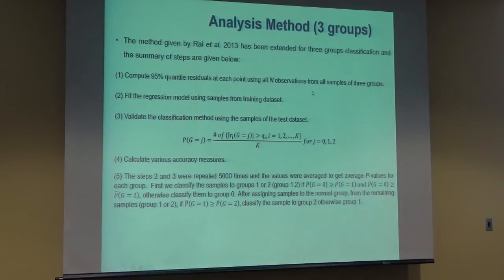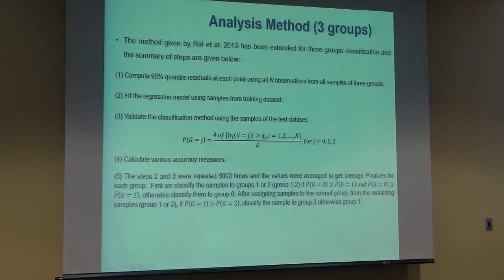So based on the 3 groups, we just modified. The rule here is we have j equal to 0, 1, 2. So we expanded to the 3 groups. Similar model you fit there, and then you do it for 0, 1, 2. But to do 0, 1, 2, first we classify samples to groups 1 or 2. So we are more interested in 0 versus 1 or 2. If this one is greater than this and this one is greater than this, then